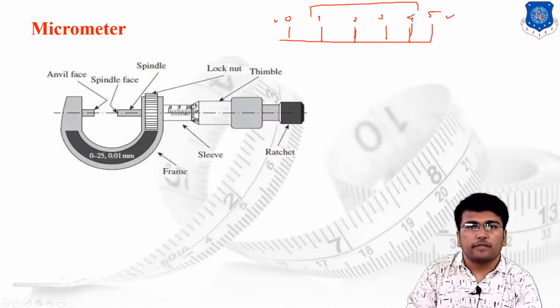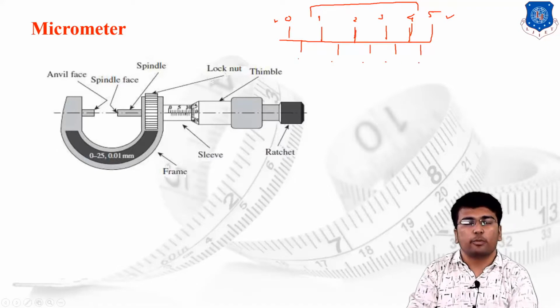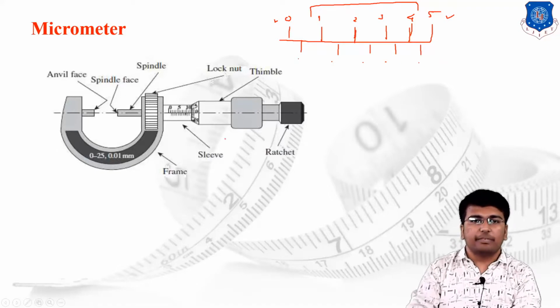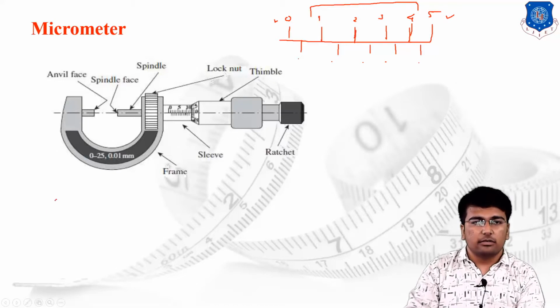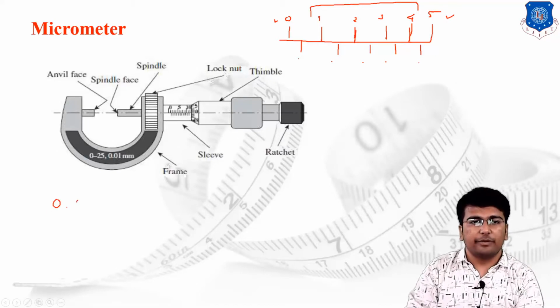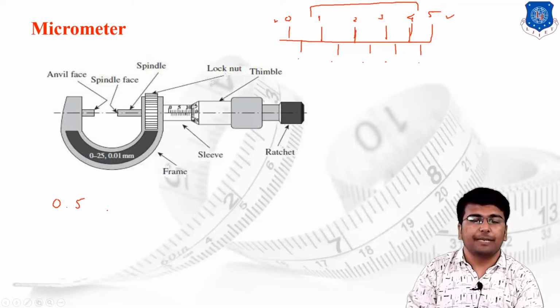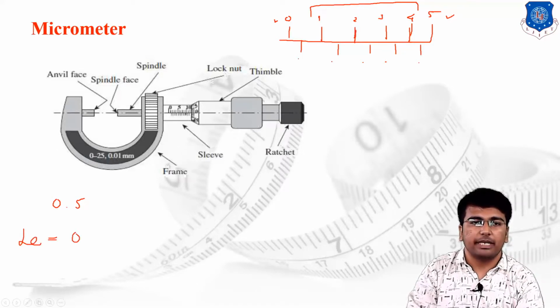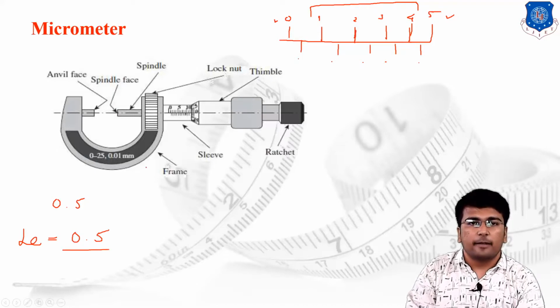Also the further subdivision of 0.5 has been provided on the scale. You can check on the figure here, the 0.5, 1.5, 2.5, 3.5, 4.5, 5.5 and so on. It means you can measure a minimum of 0.5 reading on the main scale. So the formula of least count starts with the minimum dimension that can be measured on the main scale, that is the 0.5. Then the circulatory auxiliary scale has been provided.